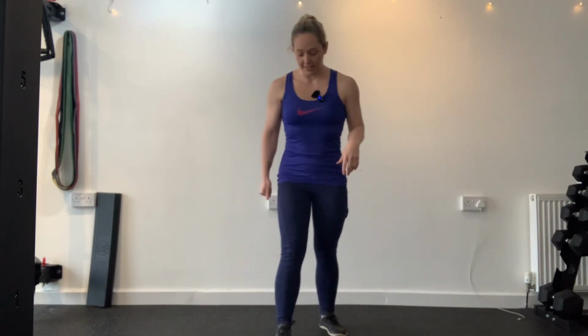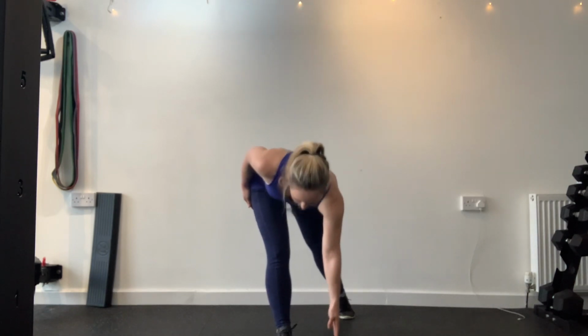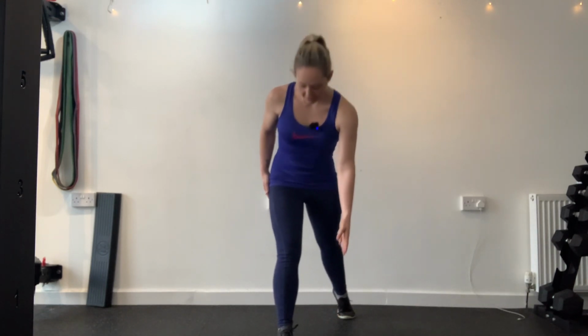Let's try the other side. So again, you're going to take your right foot back. If your right foot is back, then your right fingertips are touching the ground. You're on the train tracks and you're on the tippy toes on that other side. So if the right foot's back, the right fingertips are going down. So we'll go down for 4 and 3,